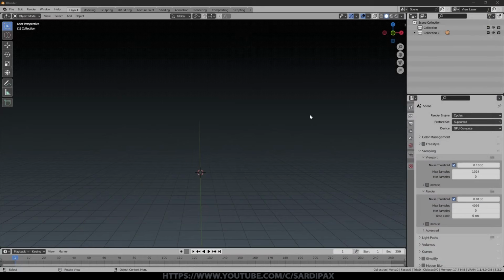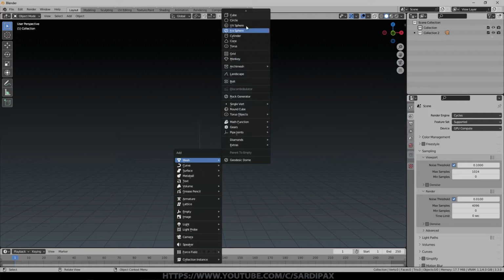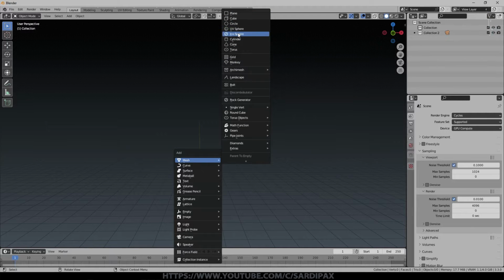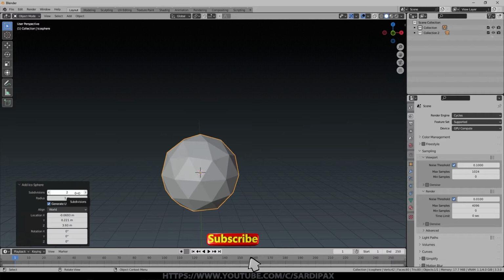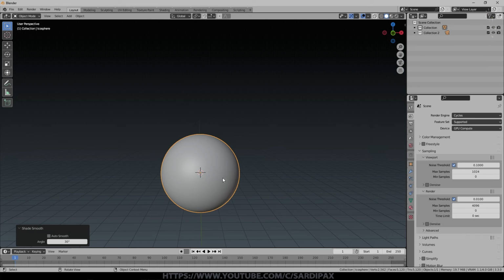So to begin with, I'll just model a basic bulb. I'm not going to put as much effort into it as I did for that demonstration because that obviously would take a lot longer. I'm just going to make something that we can use for the demonstration. So to begin with, we'll just put in an icosphere. I use this simply because its faces are more evenly distributed. And then we'll just increase the subdivisions a little bit. Perhaps we'll go to there, 5 subdivisions, and set it to shade smooth.